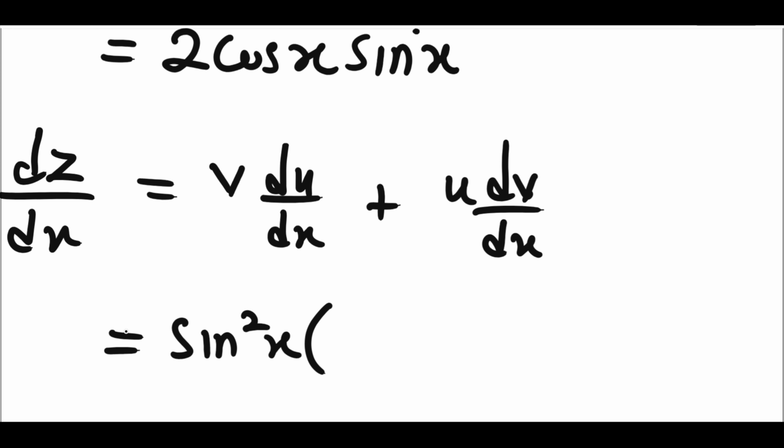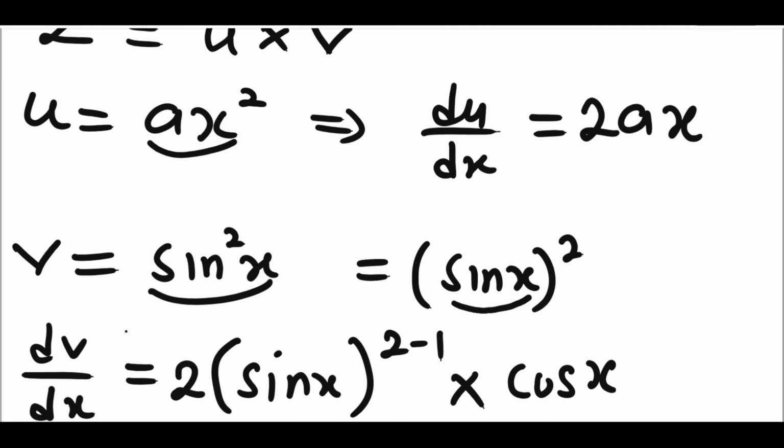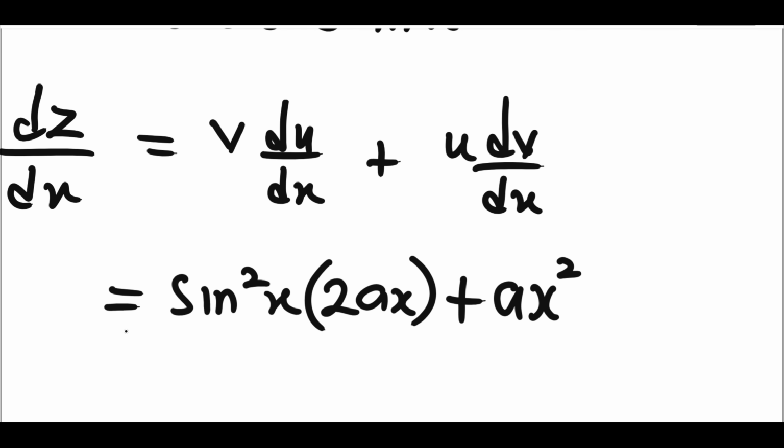Then we have du/dx, which is 2ax. Then plus our u, which is ax squared, multiplying the derivative of v, and the derivative of v is 2 cos x